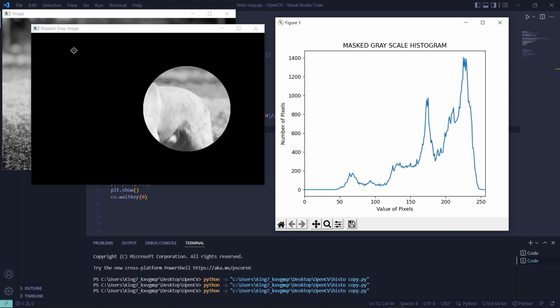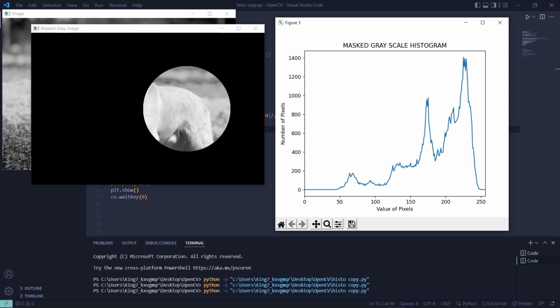So if this histogram was of this whole image and not just the masked section, then the values would range highest at the value 0, because that means black. But since there are only 1400 pixels at peaks, we can conclude that this histogram is only of this particular masked section. Anyways, that was how you create masked sections of grayscale images, and the exact same method can be